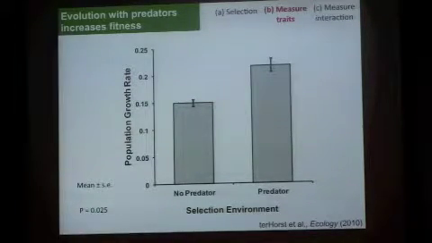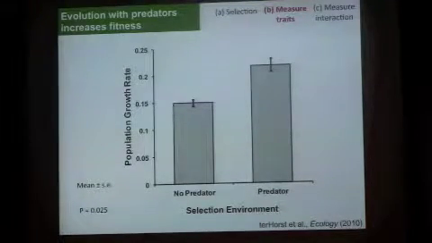And so these are cells that were taken from each of these 2 selection environments. So cells that were taken from an environment that had a predator grow faster than cells that were taken from an environment with no predator. So they have higher fitness. And this happens whether you're growing them with a predator or without a predator in the common garden environment in which we measure them. So the ones that evolved with a predator always end up with higher fitness than the ones that did not evolve with a predator. So presumably there's a trade-off with something else in that environment, maybe competitive ability or something, but we haven't quite figured that out yet.